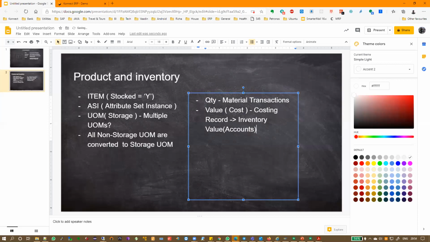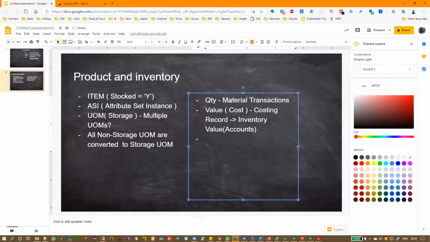So in accounting, when I go and look at my inventory value, I can see the inventory value, but I will not be able to see it product wise. If I go to material transactions, I can see the material by quantity, but I will not be able to see the value here. Okay.